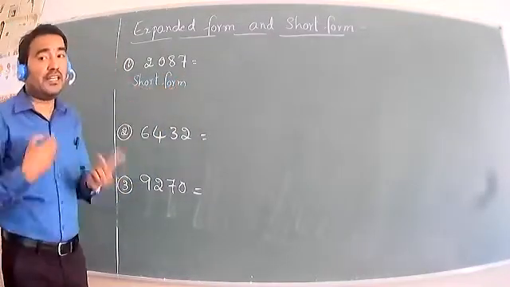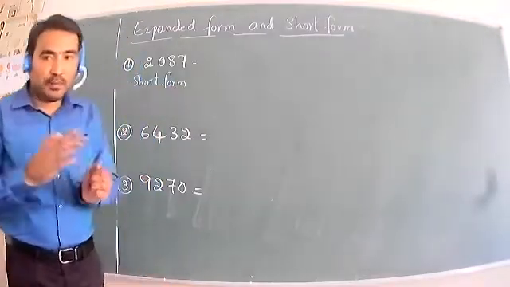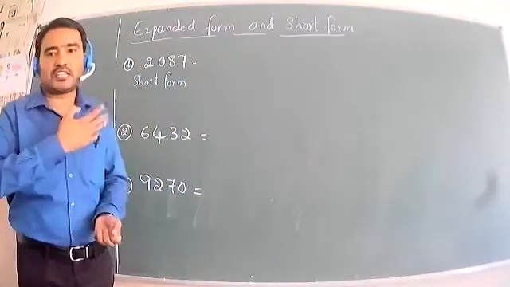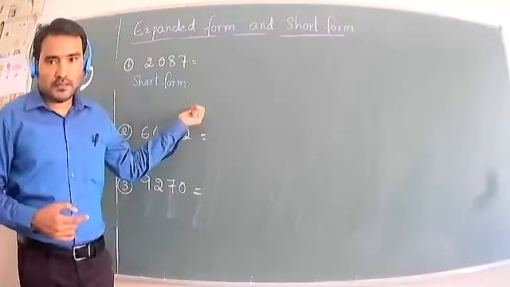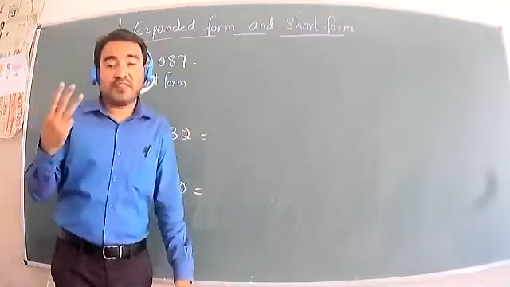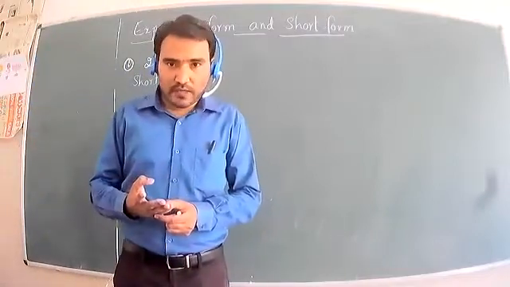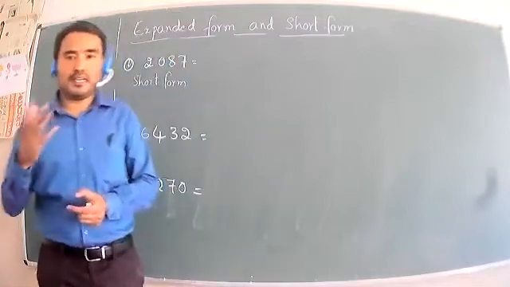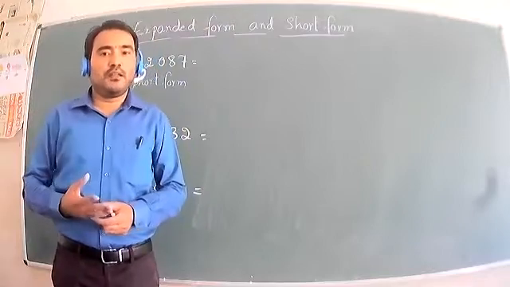So we write the expanded form. You know the place value already, so we write the place values of each digit. How to write the expanded form? Express all the place values using plus. We have three ways to write the expanded form. First one is each place value, then using the sentences, and then place values multiplied by the given digit.